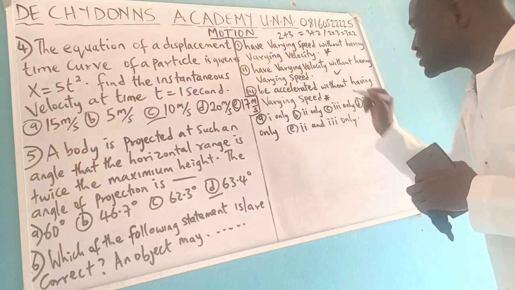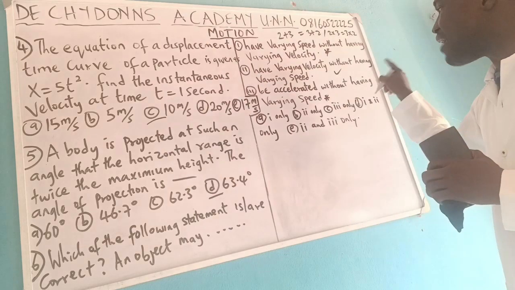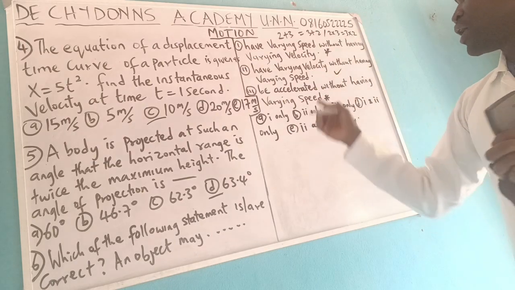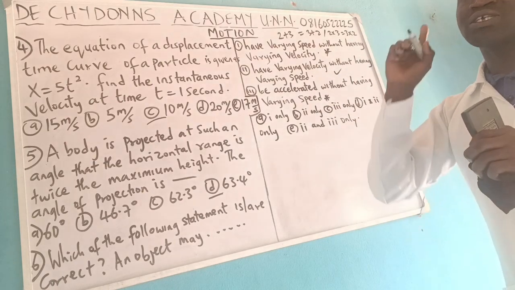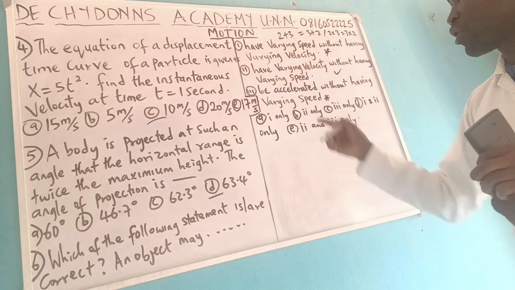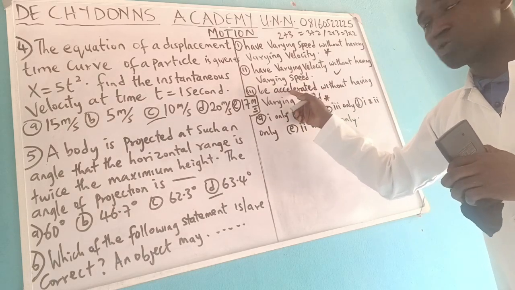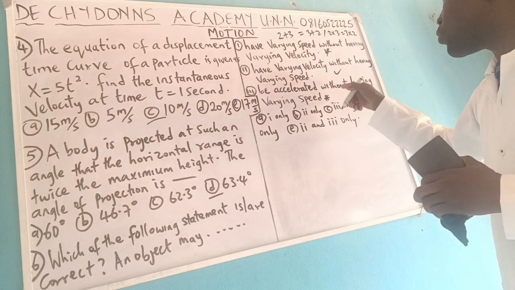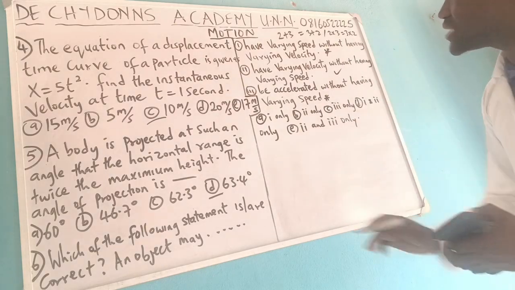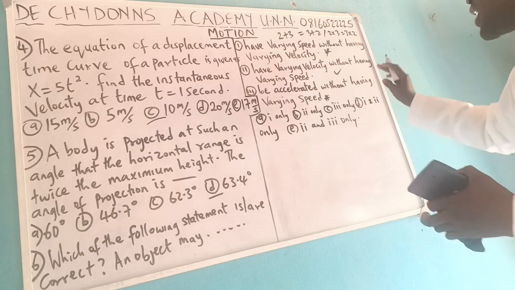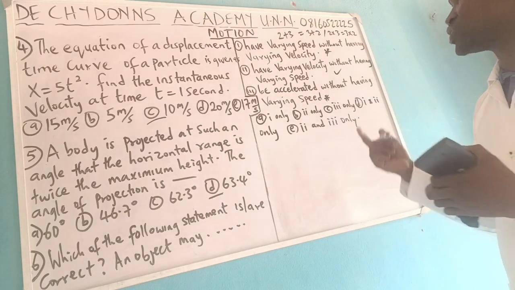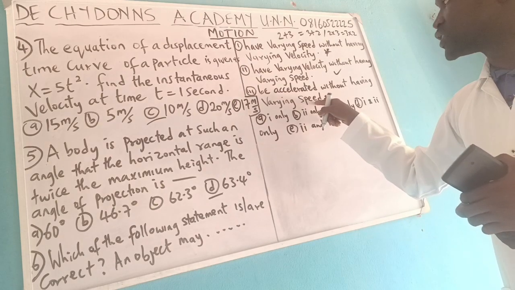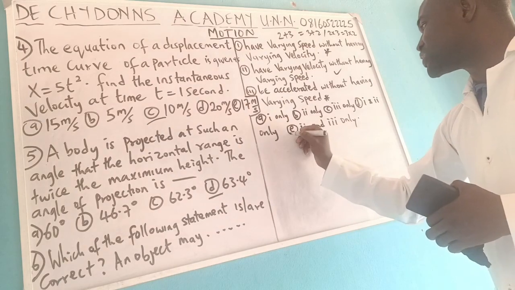If this speed varies, that option is wrong. So without having varying speed, but velocity can change because the direction can change at any time. Acceleration can change too because the direction can also change at any time, because acceleration is a vector, and so it has magnitude and it has direction. So it can be accelerated without having varying speed. Assuming they said acceleration can vary without having varying speed, it's still correct because acceleration can vary. Yes, but the speed cannot vary. The speed is always constant. And so we say it is option